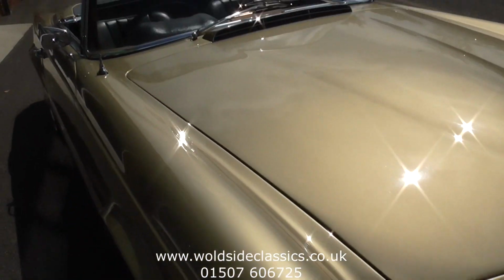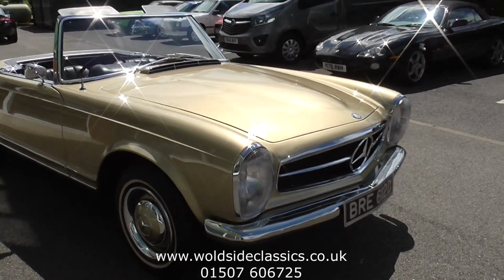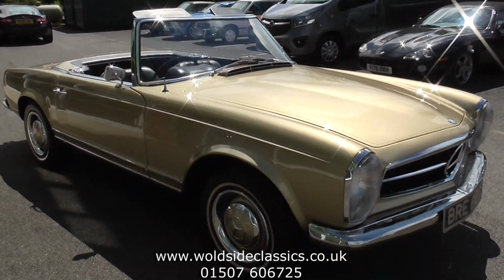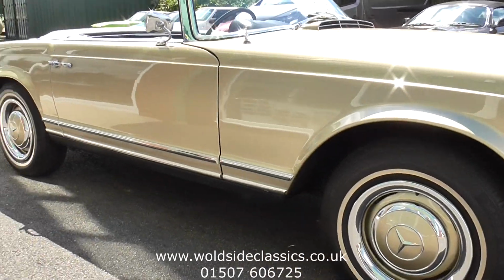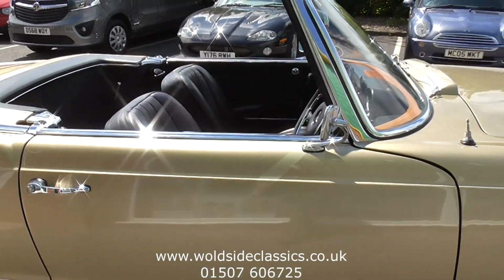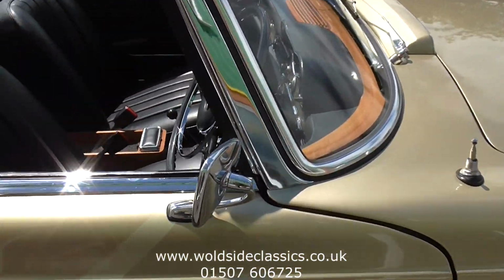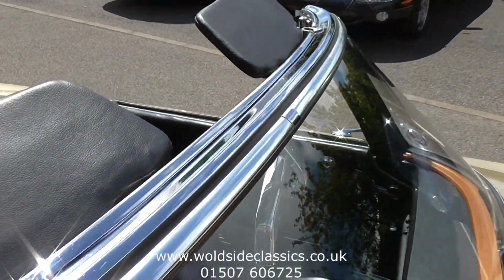Big expenditure in the last 15 years, mainly done by a renowned Mercedes specialist up in the northwest. Loads of detailed photos on our website, but as you can see, the car's gorgeous. Best thing is it's very, very usable. Chrome work is all great, all around the window, pillars there,